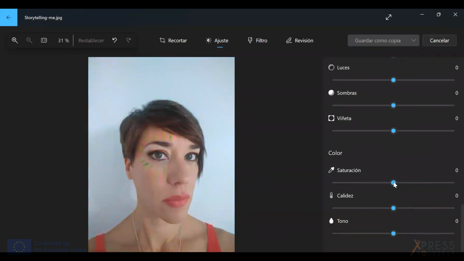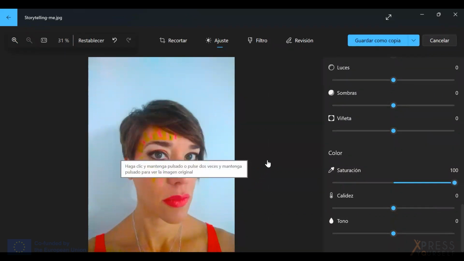Well, it wasn't here. It is quite a bright picture, so you may see some green here, but you don't see much, and you see just some orange here, in contrast with the white background. But when I increase the saturation, you see colors are enhanced. Even the lips look more reddish, and you can see now there's 3 or 4 different colors here.